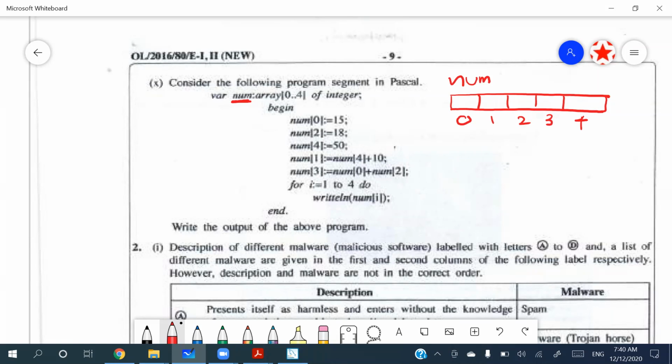Then, begin. It says num0 should be assigned 15. So num0 means the 0th position is going to be filled with 15. Num2 with 18, so it's going to be filled with 18. Num4 is 50, so it is going to hold 50. And